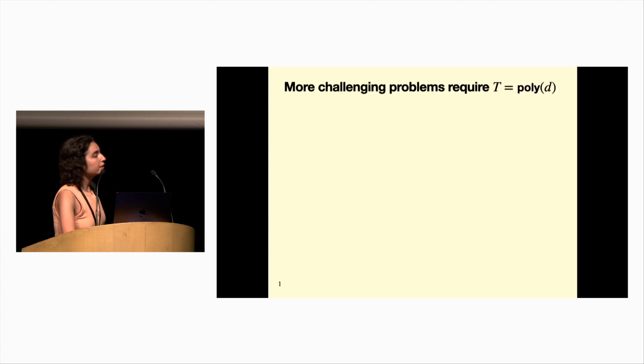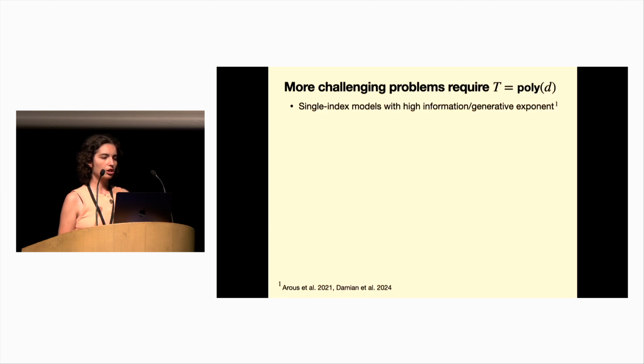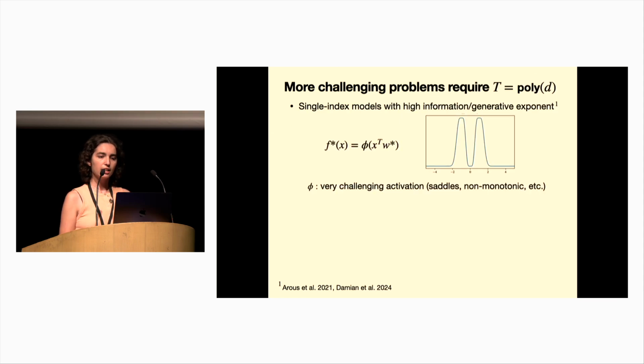So building upon these works, though, it's been observed through a lot of works on feature learning in neural networks via gradient descent that more challenging problems often require polynomial in d time to train for. So a couple examples of this are learning single index models with a high information or generative exponent. So it's okay if you don't know what that is, but a single index model is when we're trying to learn some ground truth function